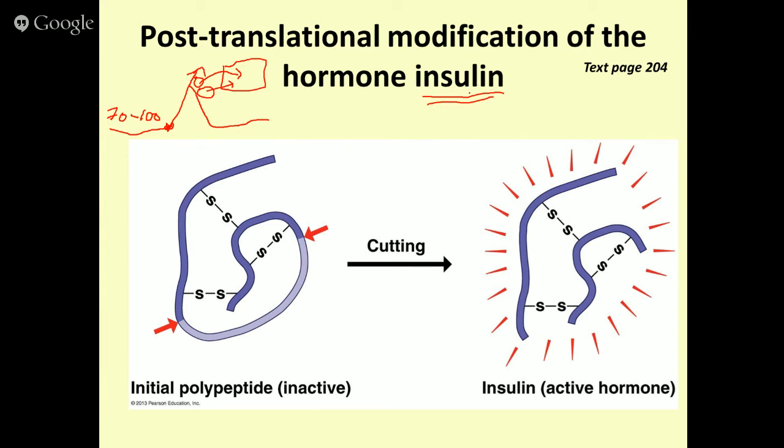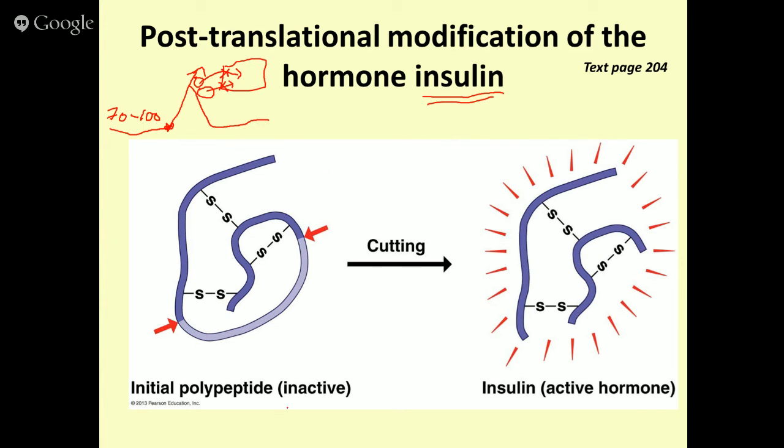So this hormone insulin is vital for normal regulation of blood sugar. So if you're diabetic, you either don't have insulin, your pancreas can't make insulin, or sometimes, even though you have the insulin, you can't open the channel here that allows the glucose to go into the cell. So there are different types of diabetics out there. But the key thing is that when your pancreas makes insulin, it is synthesized in an